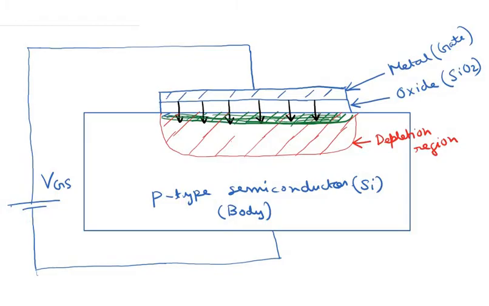So when all the holes have been repelled from the surface, then if I further increase VGS, the induced electrons would not go and sit on any ion or any atom. The induced electrons would be more like free electrons. They are basically mobile electrons. So I repeat this phenomenon again.